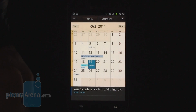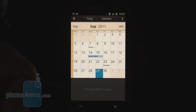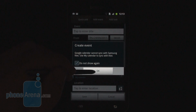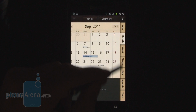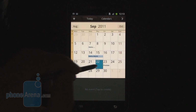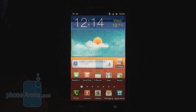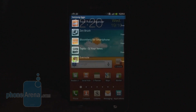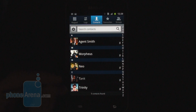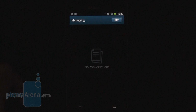The S-Planner application comes to substitute your normal calendar app. The thing about S-Planner is that it looks a bit more professional, so to speak. You have some additional options right here, and this is how you create an appointment. Just tap on a specific date. You know, nothing out of the ordinary, it's just a facelifted calendar. And when it comes to S-Choice, this is just a renamed Samsung Apps. Core applications like the contacts and the messaging have not been changed one bit from what we know from other